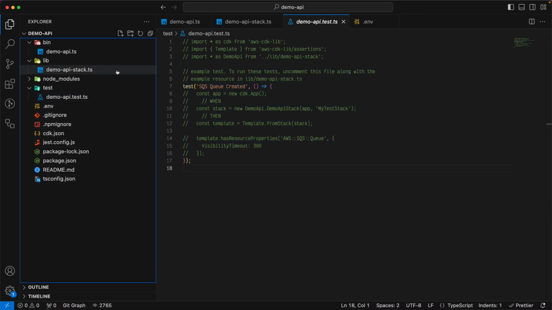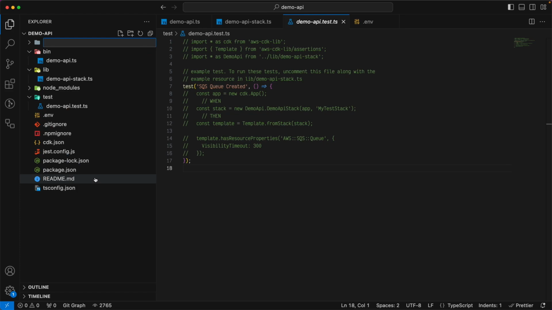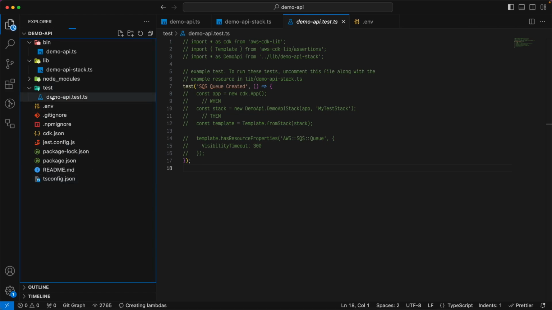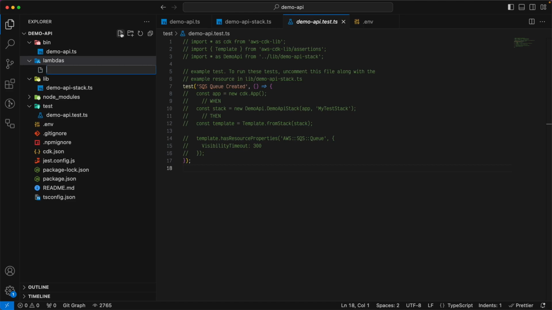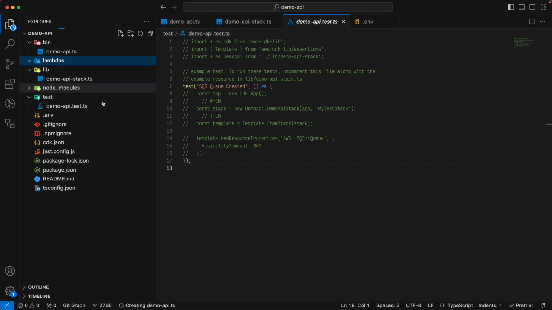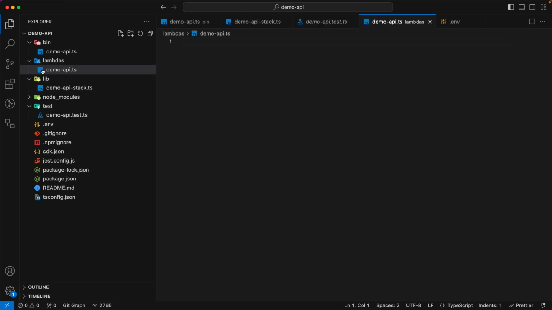So we want to make a lambda, so let's make a new folder in the root for our lambdas. And in there, let's make a new file and let's call it demo API. And it'll be a TypeScript file. It's going to have another issue, isn't it? So in this file,